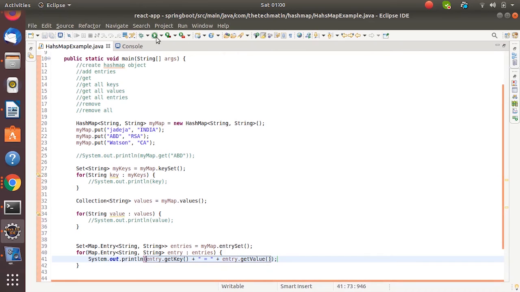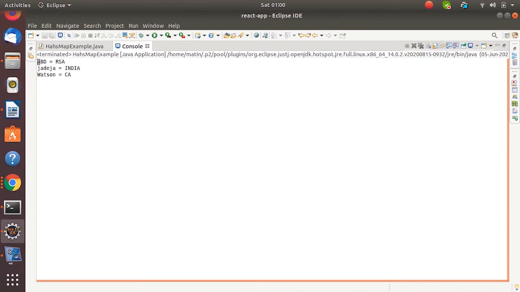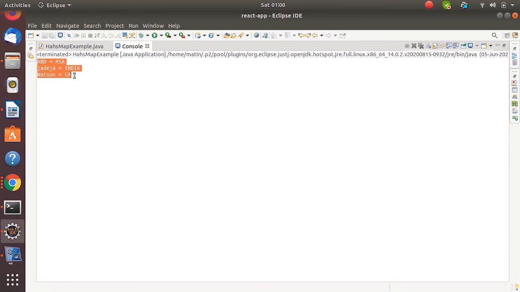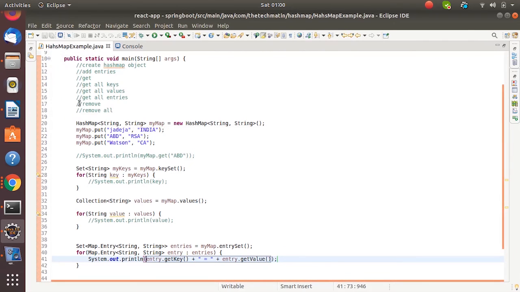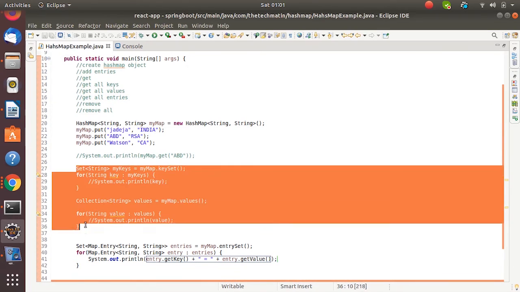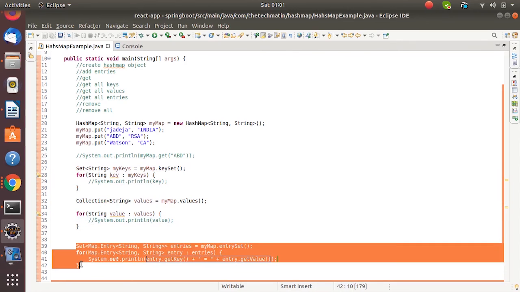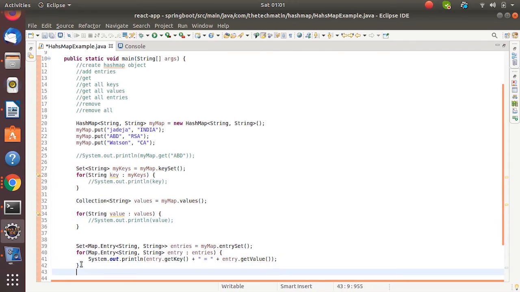Now let's run the application, and we are seeing this output, right? So ABD is a key and RSA is the corresponding value, similarly for Jadeja, similarly for Watson. So we performed the get all entries operation. Instead of getting key and value separately, you can have this single code here.